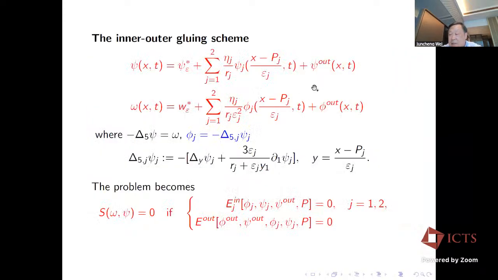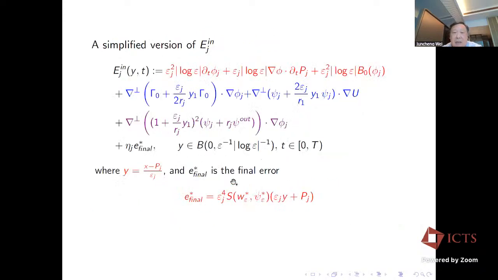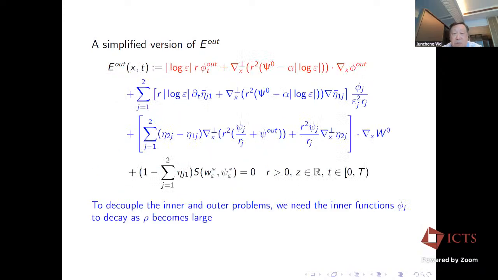So we put this inner and outer, and we plug this in, and so this system becomes the inner-outer system, and so you plug in the error, and because of the extra term R square here, you're going to see some extra epsilon order here, and so here to improve the error,